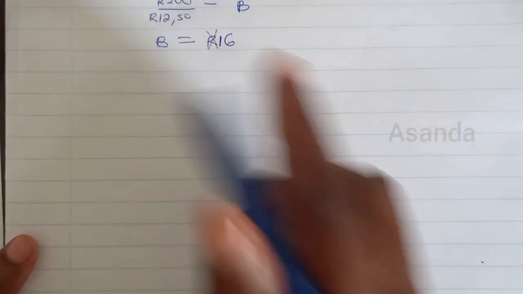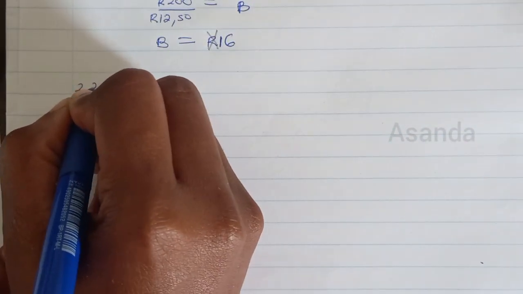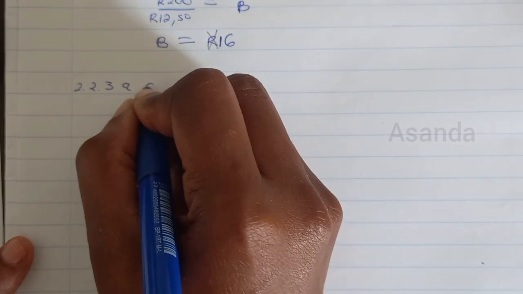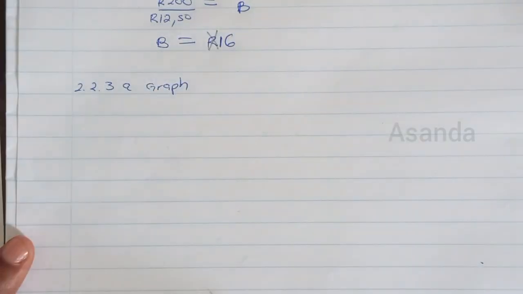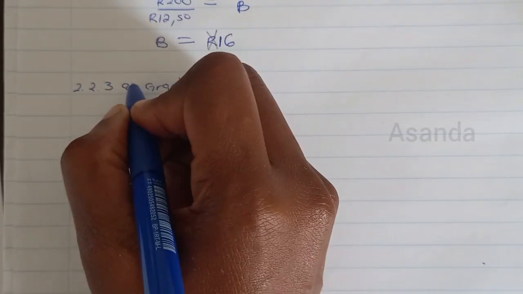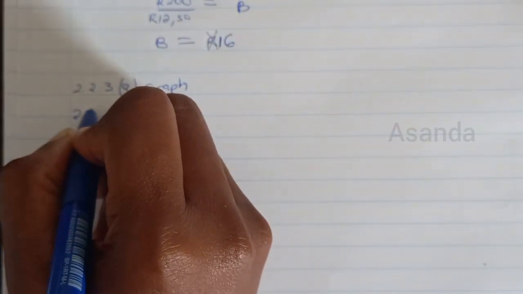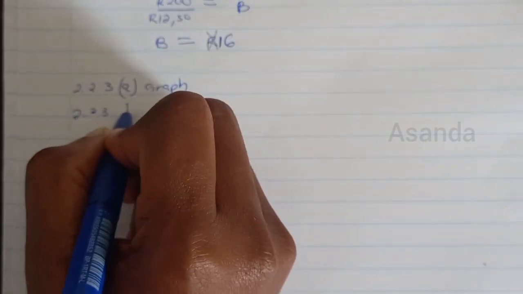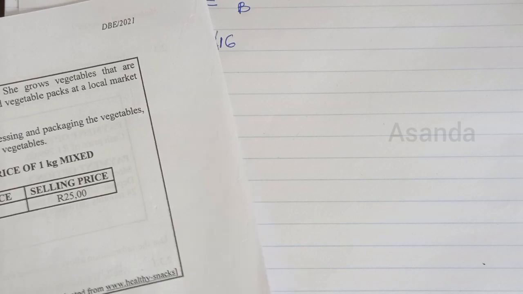I'm gonna write it how the kids write. They'll say 2.2.3a graph. I always see the kids do that, so I'm gonna write it like that too. Okay, now 2.2.3. Oh, we own B. B says